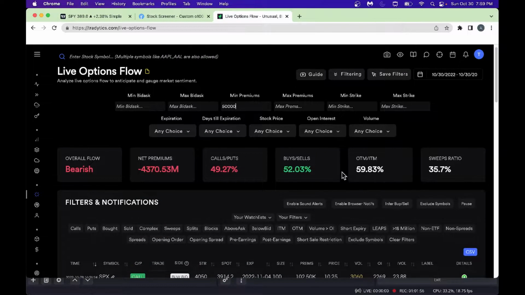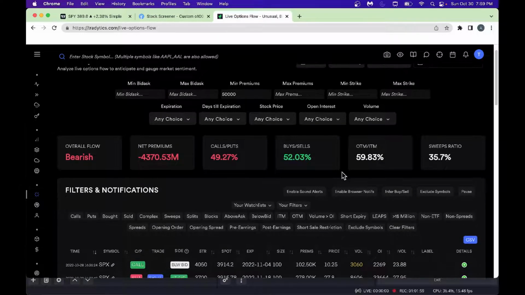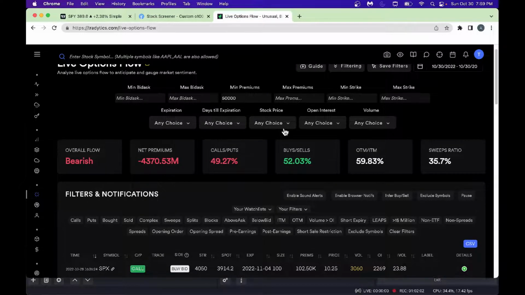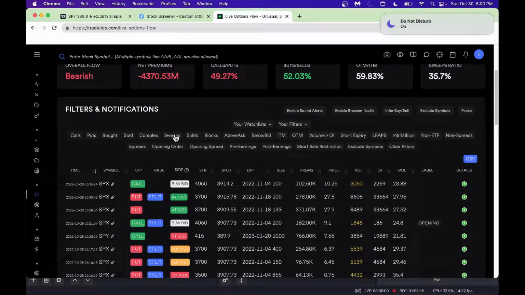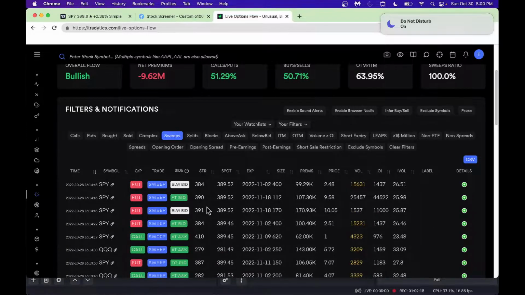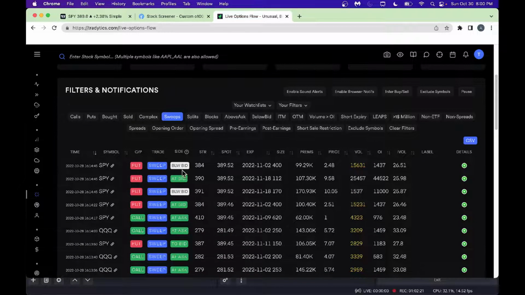And maybe if you want a stock price, you want to look at 20 to 25. You can specify a range depending on what you want to trade. I will keep it as it is here. Then if you want to just look at sweeps, you can just click on sweeps here. And you get just the sweeps. You can get a good idea here. Below bid, at bid, put at bid, it's a positive here. Below bid, it's a neutral, as you can see here. You can get a good idea, and you could do some more research by looking at the chart and go from there.